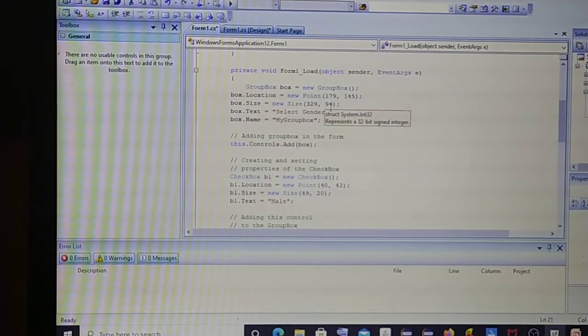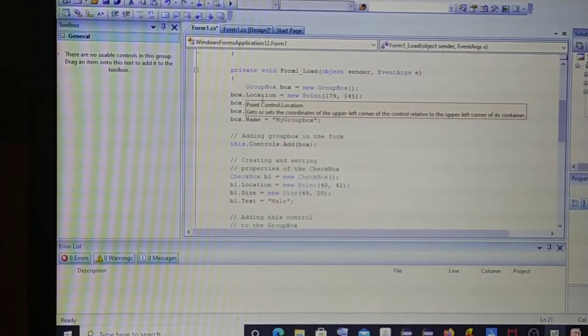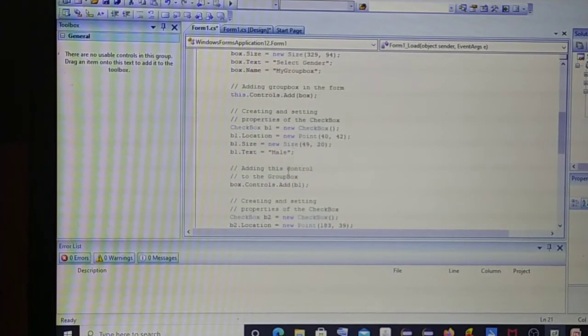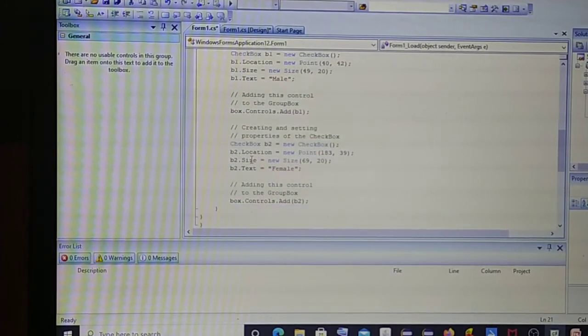While writing the code inside the form, this code will itself create the group box and set all these properties to that group box. It sets the size in this format, it sets the text, it sets the name of the group box. Location, size and text, if you choose this option,